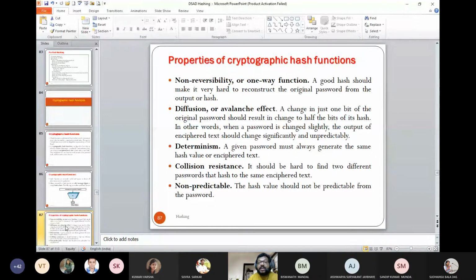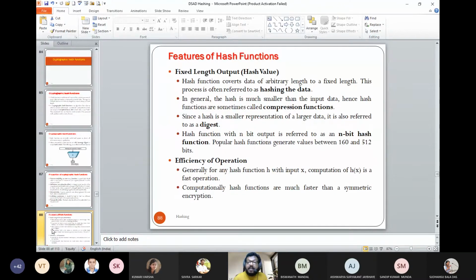Okay, so then it talks about the features of the hash function. A fixed length output should be there because we need to maintain a table where the information has to be stored. That is one of the constraints: you may pass a string, but let it be 8 characters or 16 characters. So any password that is generated has to follow that.